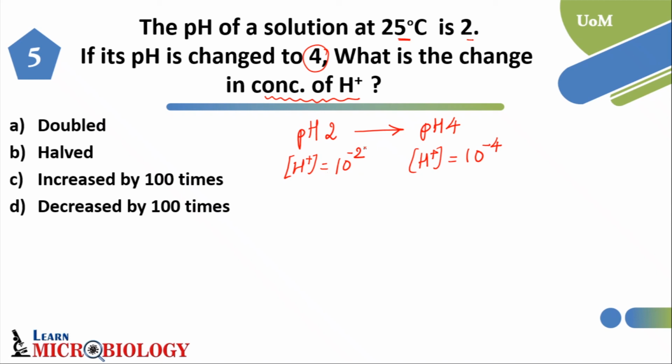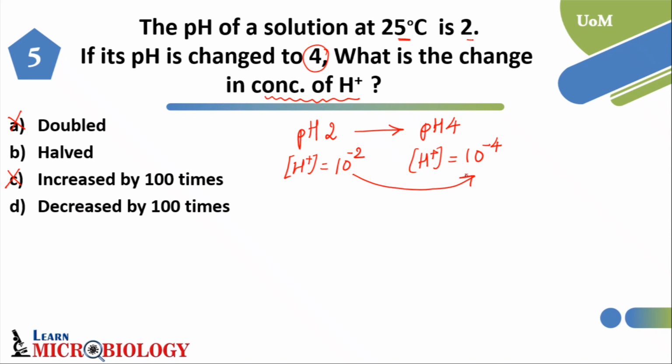So you can see the hydrogen ion concentration has decreased. When we went from 10 raised to minus 2 to 10 raised to minus 4, there is a decrease. Yes or no? So here we know 10 raised to minus 2 value is greater than 10 raised to minus 4, correct? So we can see the hydrogen ion concentration has decreased. Okay. So if you just look at the options, option 1 doubles, no, it cannot be. It can be half, increased by 100 times, not possible, or it can be decreased by 100 times. So either your option should be B or it should be D. Okay. So let's find out how much is the decrease.